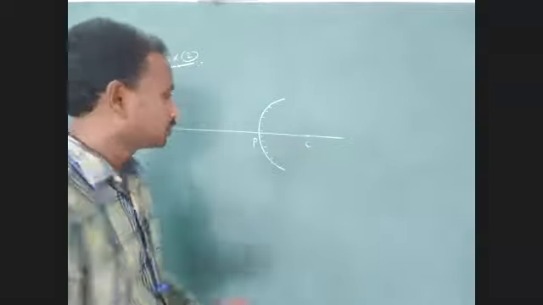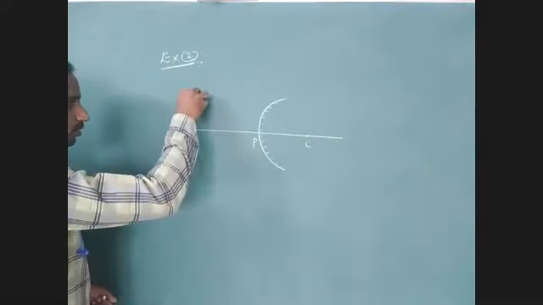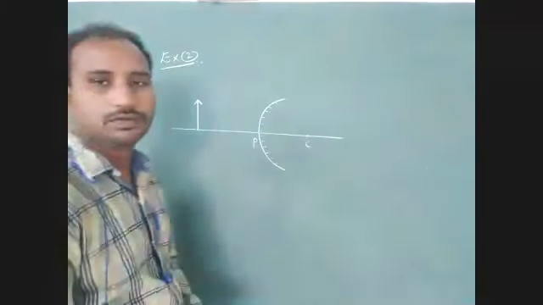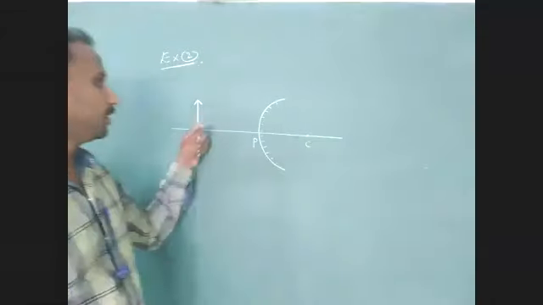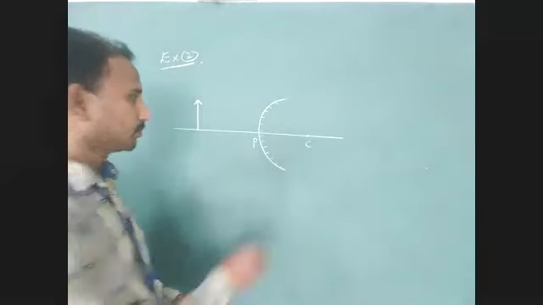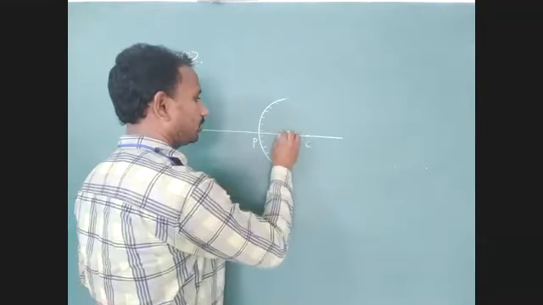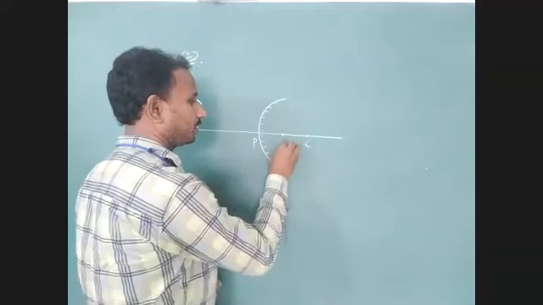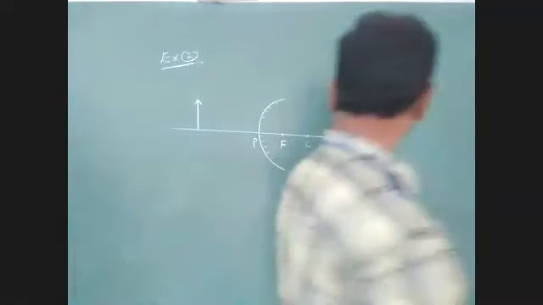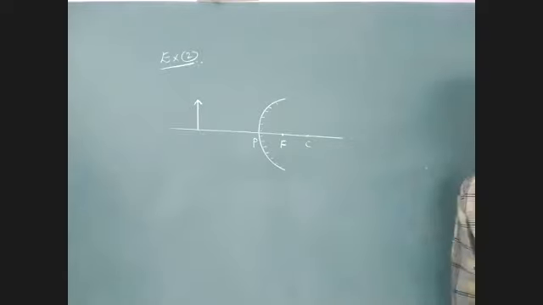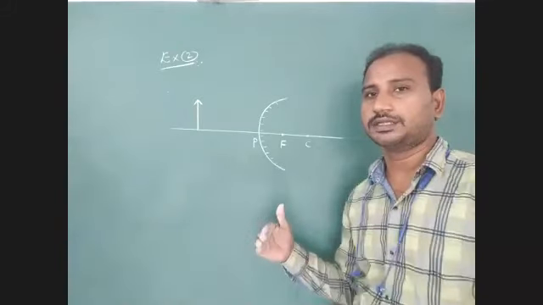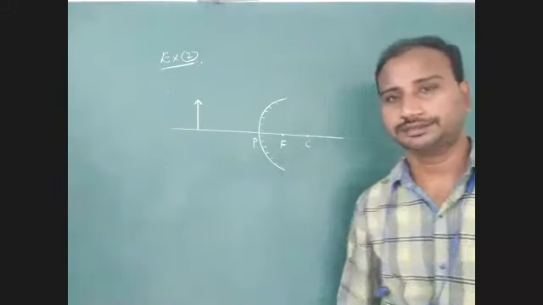Now consider the position of an object in front of the reflecting surface of the convex mirror. It is a point source of light. Now we have to find the image formation point with the help of this diagram, and find the sign convention for object distance, image distance, radius of curvature, and focal length.